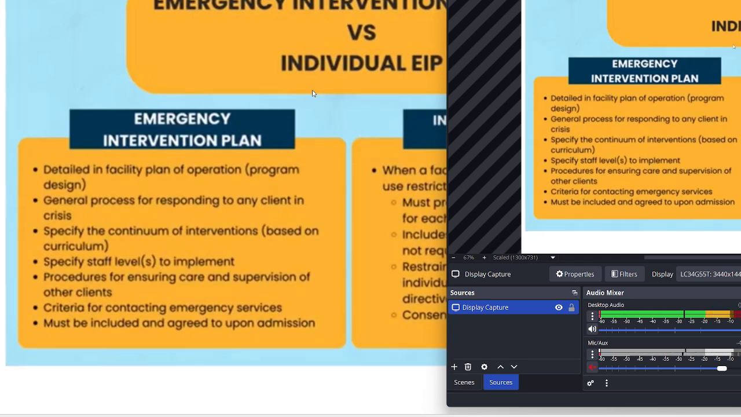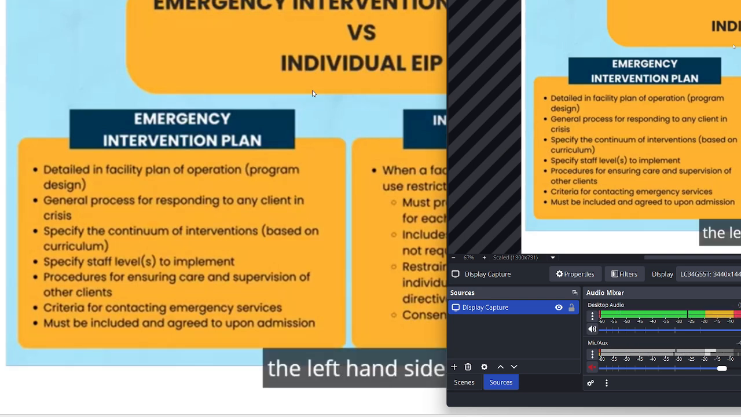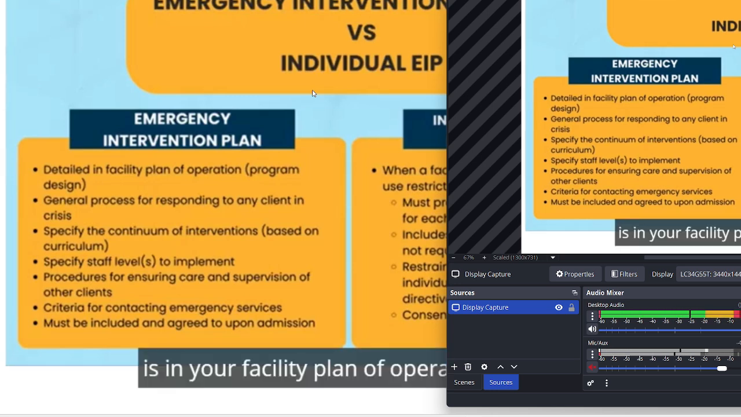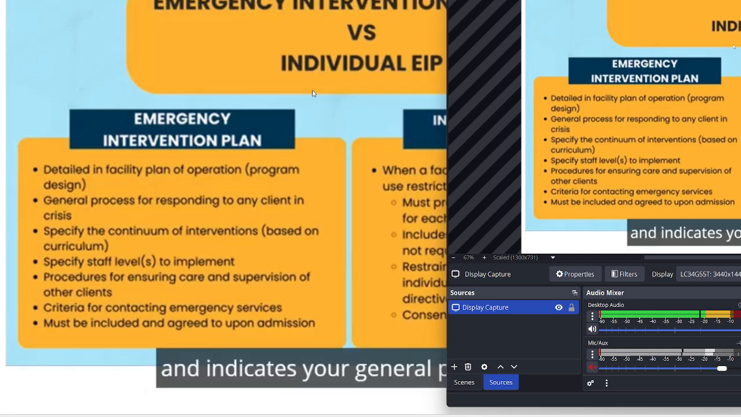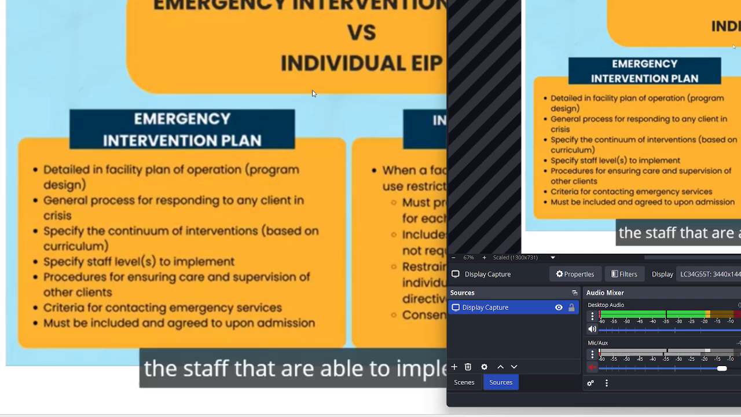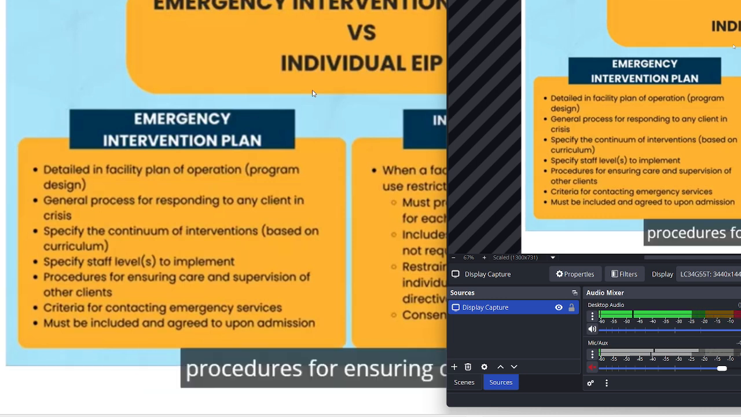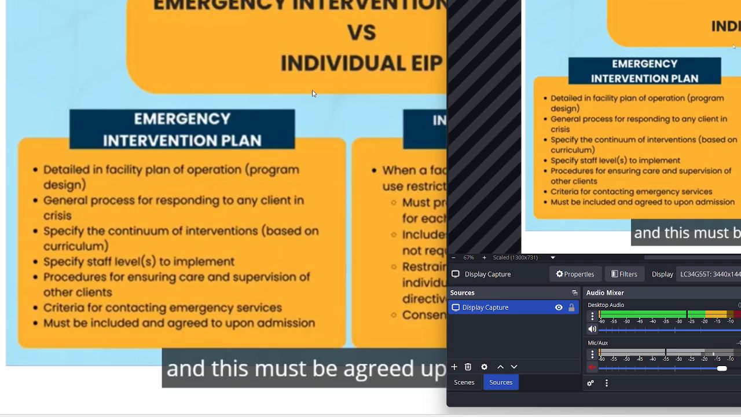Here are some differences. The emergency intervention plan, detailed on the left-hand side, is in your facility plan of operation or your program design, and indicates your general process for responding to any client in crisis. It specifies the continuum of interventions based on the selected curriculum, the staff that are able to implement these procedures, procedures for ensuring care and supervision of other clients, criteria for contacting emergency services, and this must be agreed upon during